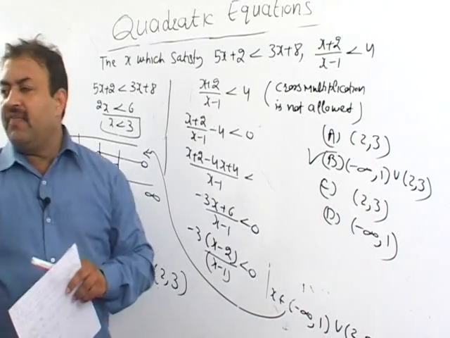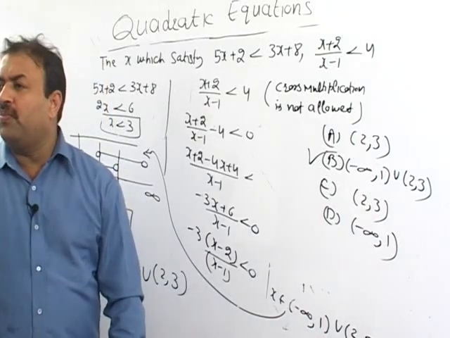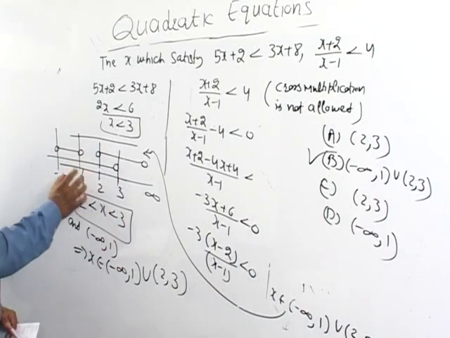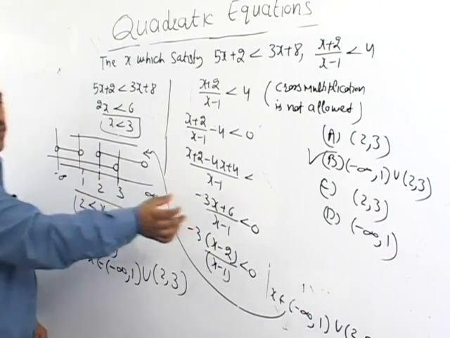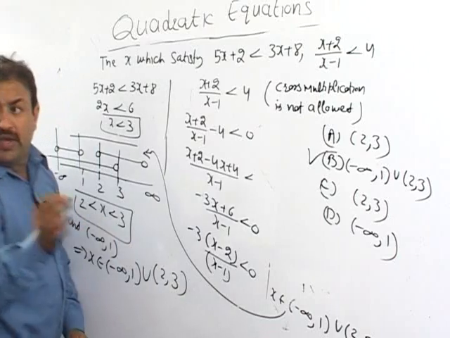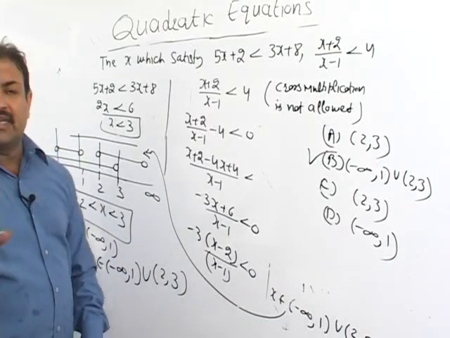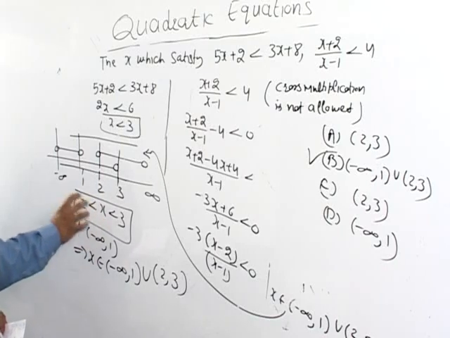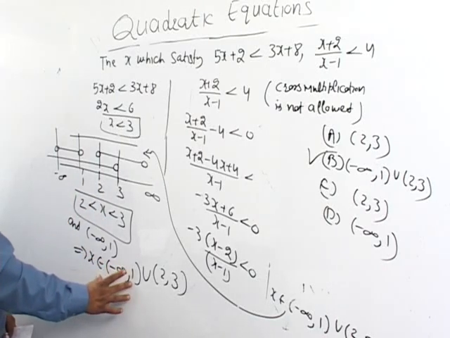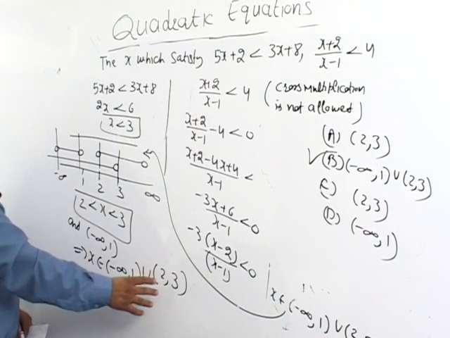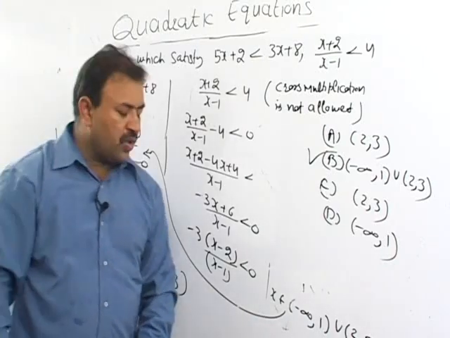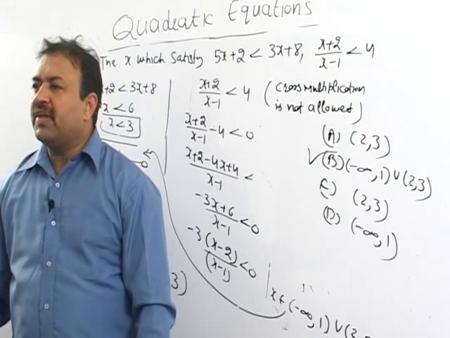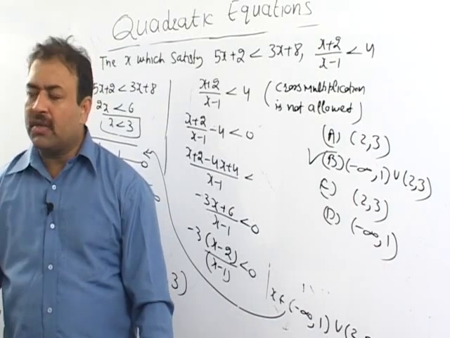See, in these objective questions, if we make a little mistake, like firstly we forgot this area, we find only one answer. So we have to write down the complete answer. That means we have to do each step carefully. The right solution is x belongs to minus infinity to 1 union 2 to 3. The next problem I am giving you is based on the logarithmic function also.